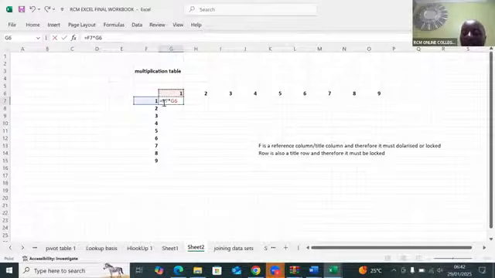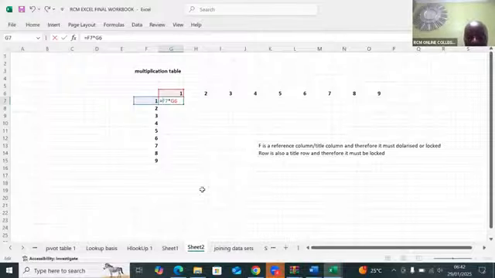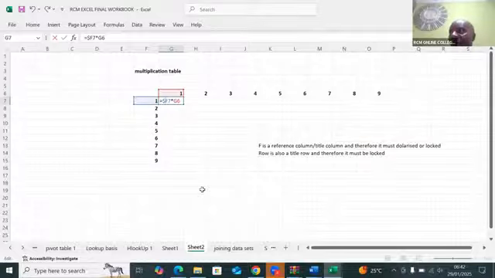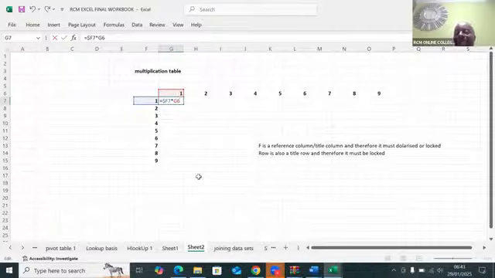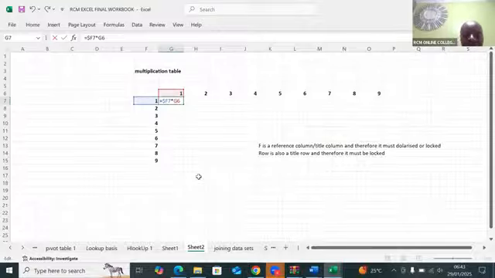If it's anchor, you must come after equals, but before F, and lock this F. And how do we lock it? Very easy, Shift 4. So introduce the dollar sign before F. And here you have told me that row 6, I forgot to say row 6, here G6, 6 is also an anchor. So come in between G and the 6, before 6, and lock it up. Shift 4, like that.